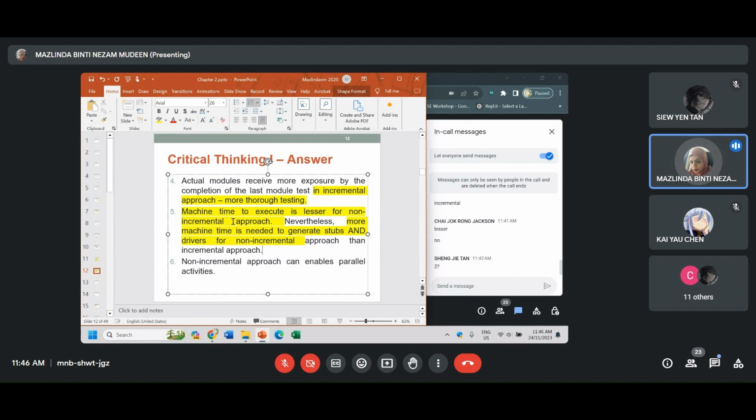So the machine time used to generate them is also less. So there is one advantage point for incremental and one advantage point for non-incremental. Okay, then the next point is